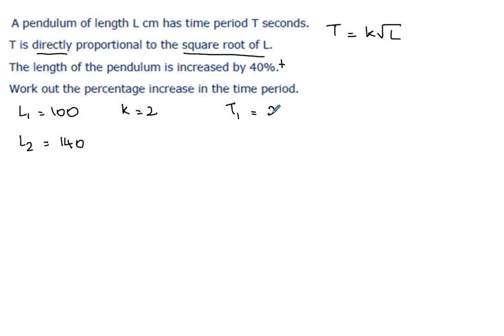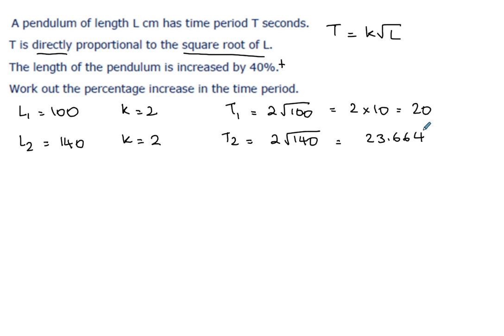So we'd have 2 and then the square root of 100, and that would be 2 times 10, which is 20. Okay, T2, sticking in the value of L2, but K stays exactly the same, so K is 2. So you've got 2 times the square root of 140,